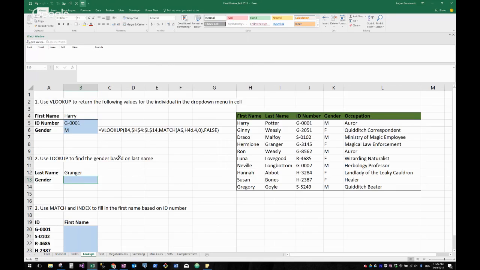So let's use lookup to find the gender based on last name. So lookup, this takes a lookup value. So we're looking for Granger, and the lookup vector is going to be, so we want to find the gender. So we're going to say first here, let's look at this, and the gender, okay? And you'll notice it says NA, and you're like, well, that doesn't make sense because I see it there and